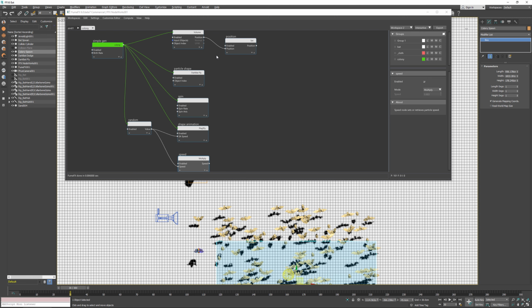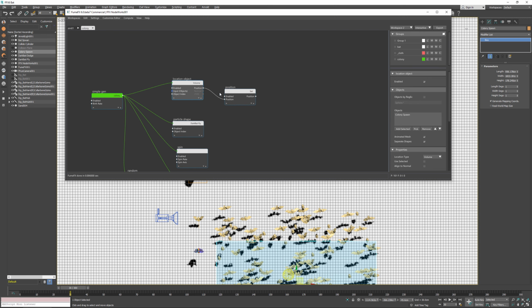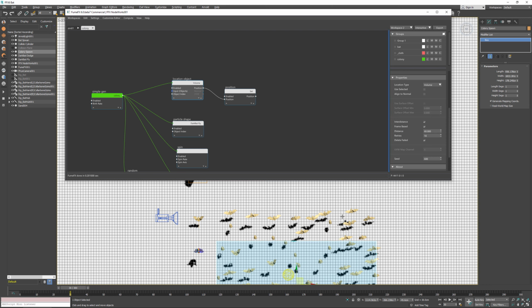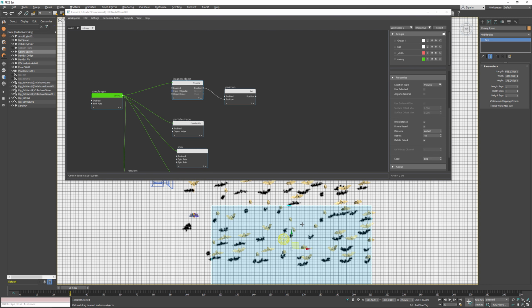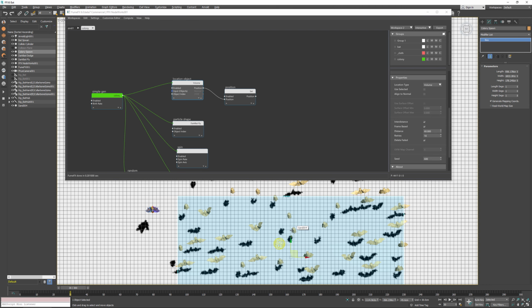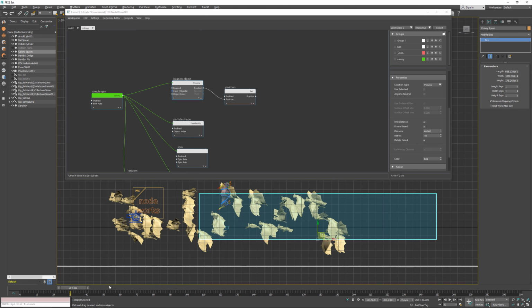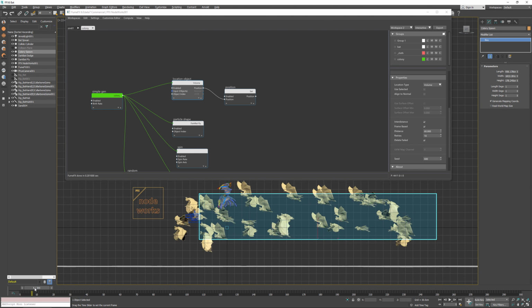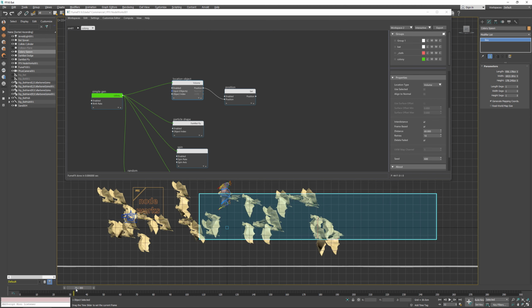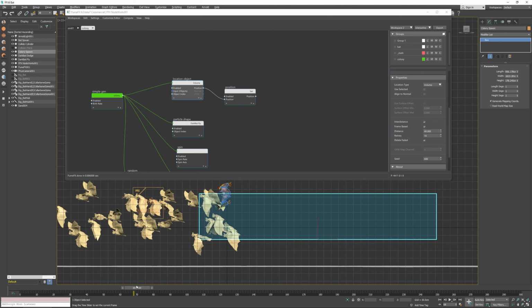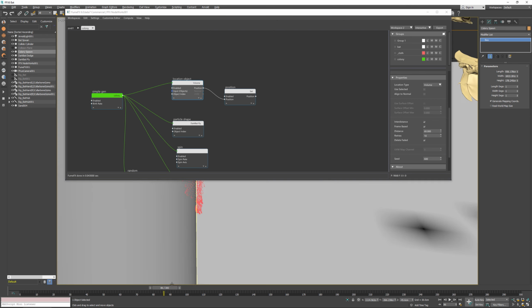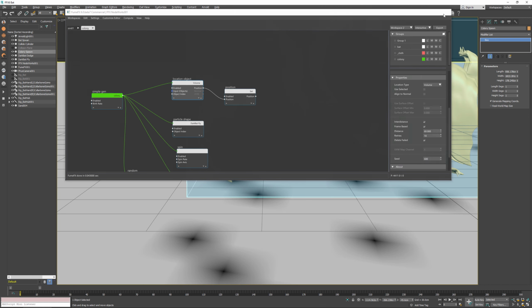Now, as you can see, I'll need to go back to the location object and enter distance, and let's say I don't want any particle within 16 units, so we don't have any bats that are going to overlap. Now we get nice random flapping, variation by velocity for those bats,